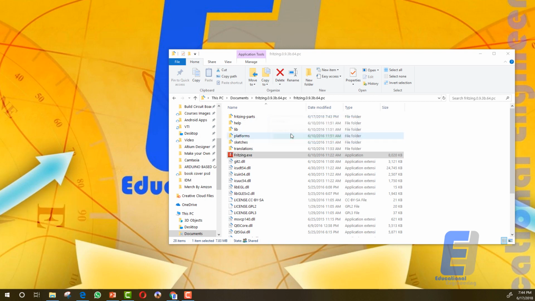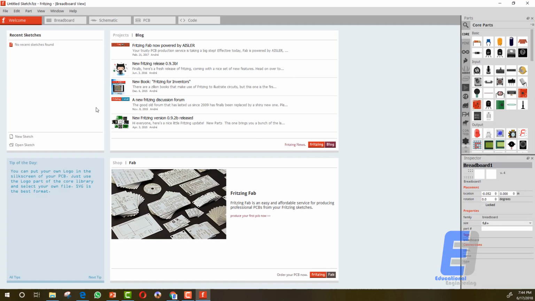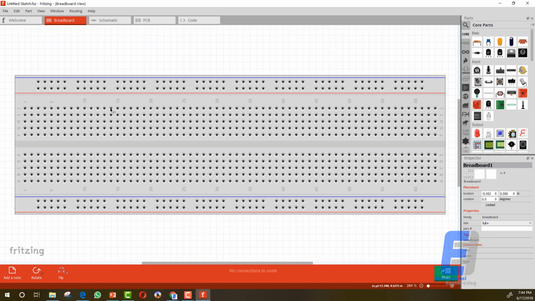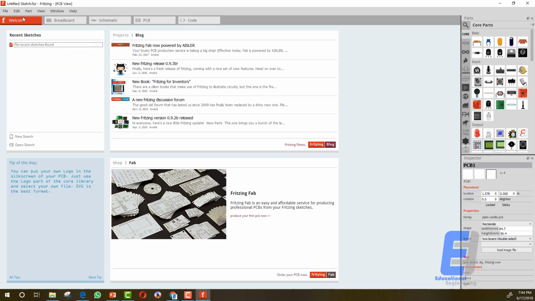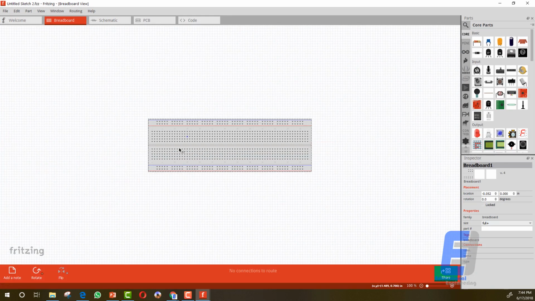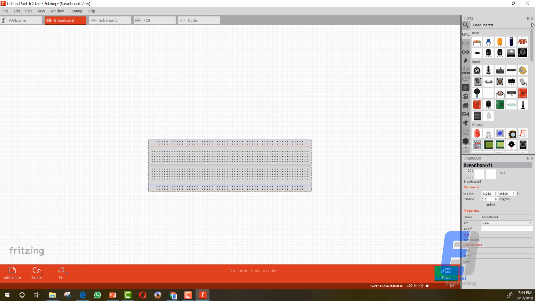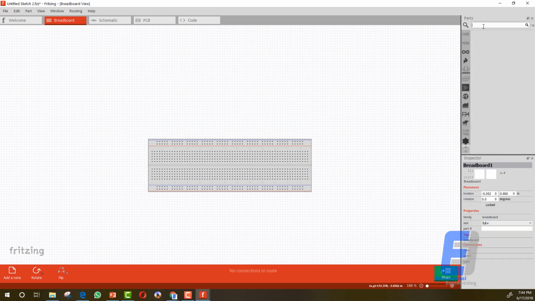Now it's loading the core parts, and as you can see here, the software is loaded. This is the user interface. Here is a welcome page, the breadboard, as you can see, schematic, PCB, and code. Let's create a new file. This is our new file. Now we need to add the items that we will use in this course. You can search for the items using this search button, or you can click on these icons